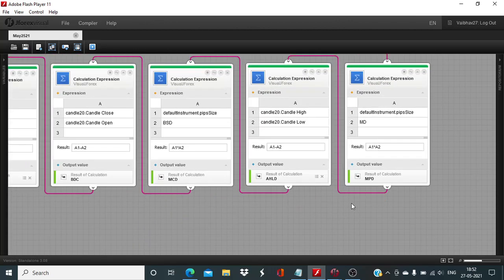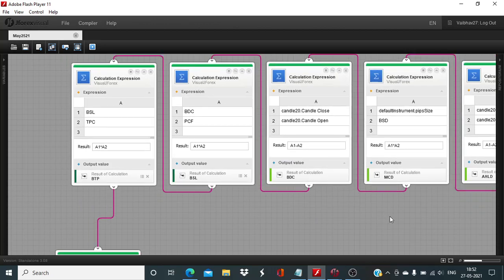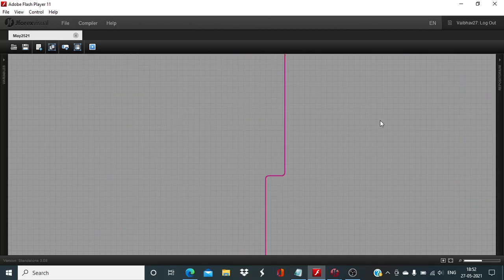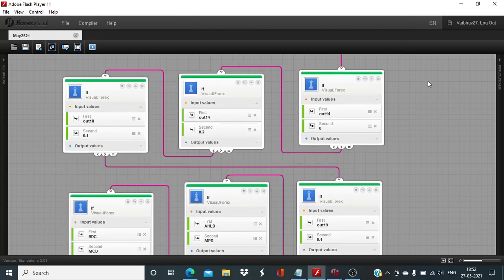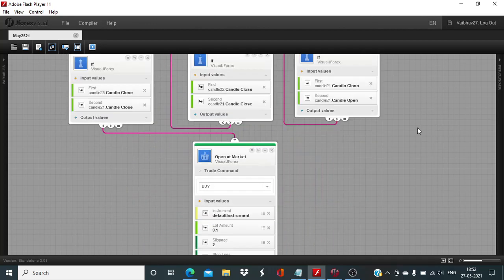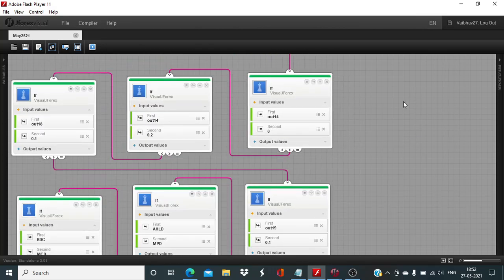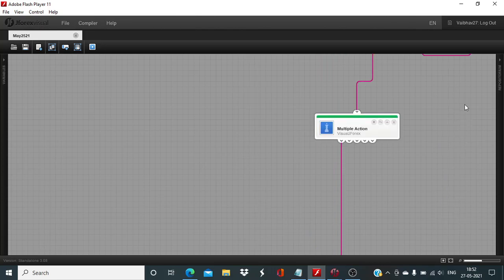Then these calculation expression blocks were used to define certain conditions for the execution of the buy trade. And on the lower side, we have the setup for the execution of the buy trade, which is now fully complete. And in this session, we will be constructing the sell side,